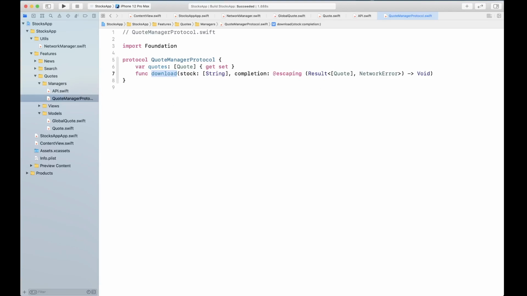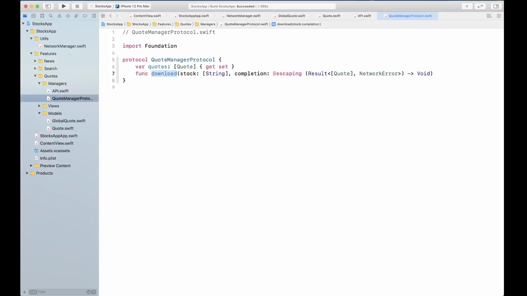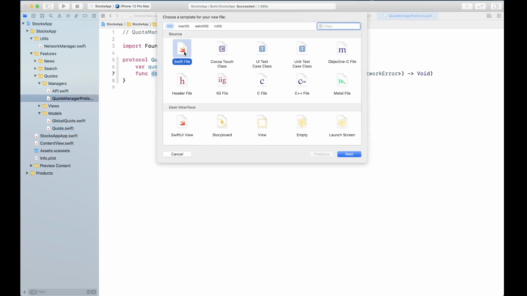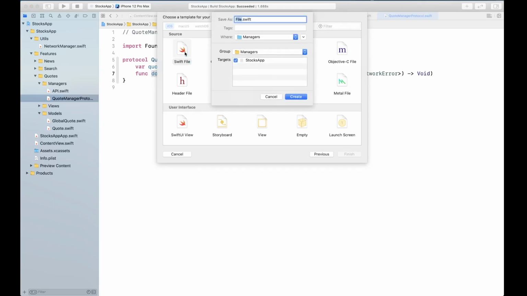All right, so let's go ahead and create our stock. First, let's create our mock quote manager. That's the one we're going to use for our implementations, because once again, Alpha Vantage has a lot of restrictions on how many API calls you can make, so we don't want to hit that. So I'm going to work with the mock first, and then we're going to come back and change that mock to the actual implementation. Okay, so we're going to say MockQuoteManager as the file name.